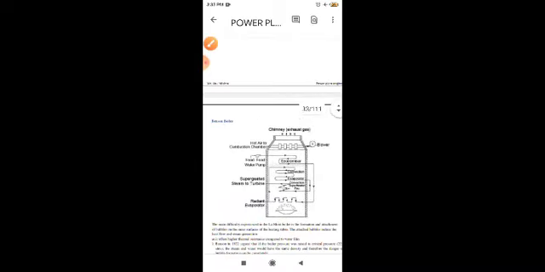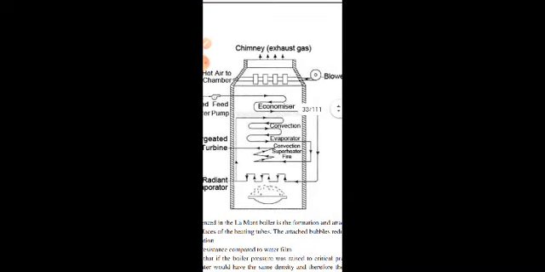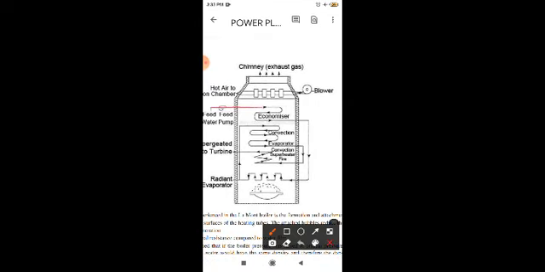In this Benson boiler, the feed water is coming from here, which goes into the economizer. This whole vessel has the whole setup in it. So the feed water is entering from here, absorbing heat from the flue gases, the exhaust gases. Then it is fed directly to the furnace, where the fuel is burning.